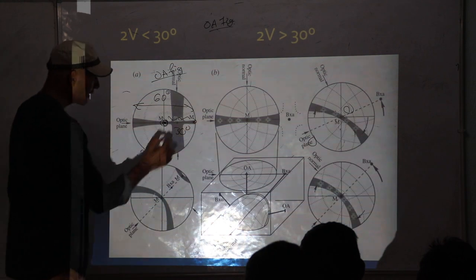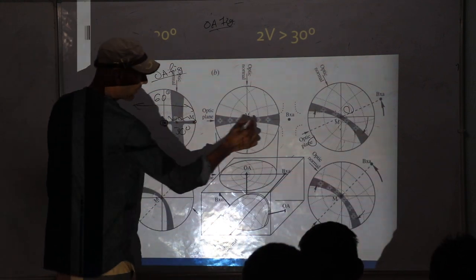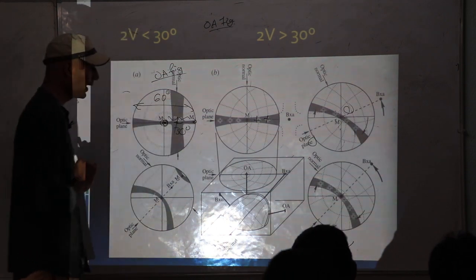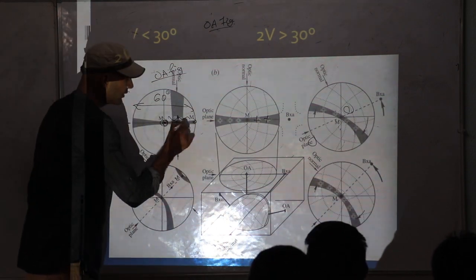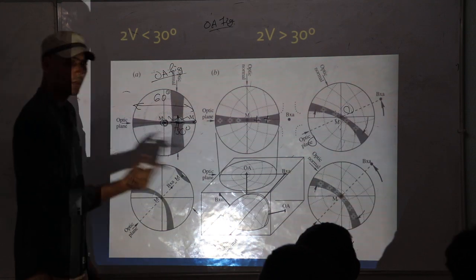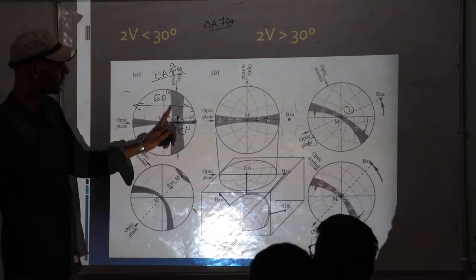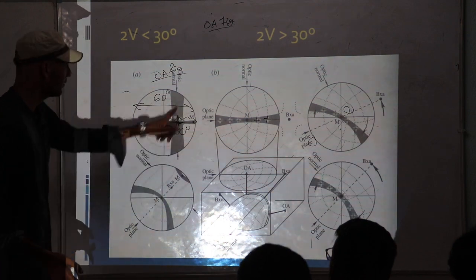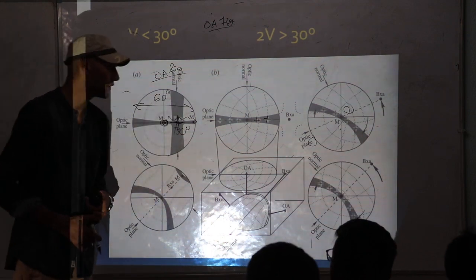And you can see here, it is the BXA. As I have told you, the matching of vibration is like this. This is Y or optic normal. This is parallel to the optic plane. So that will show in extinction, which is represented as the isogyre.